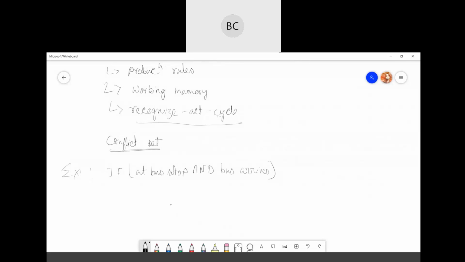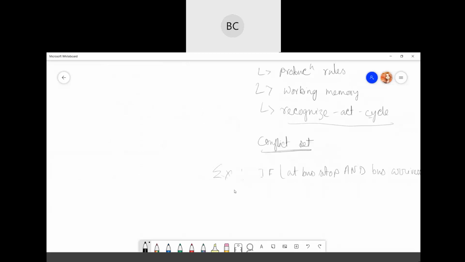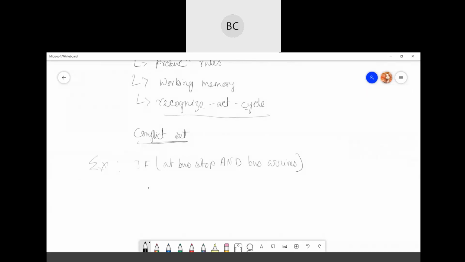Okay, then action will be get into the bus. Okay, this is one production rule. This is one type of production rule.